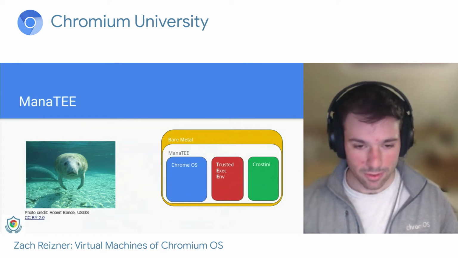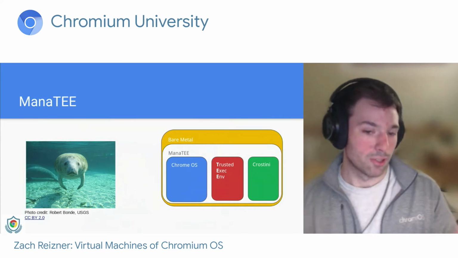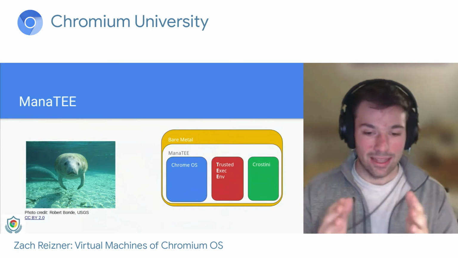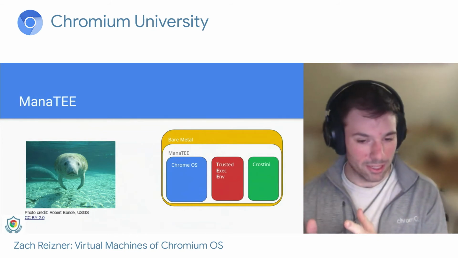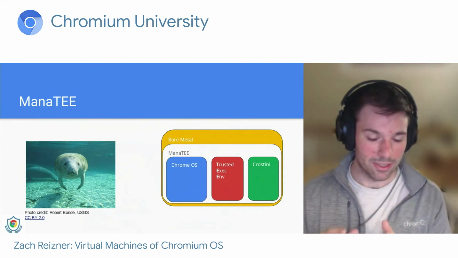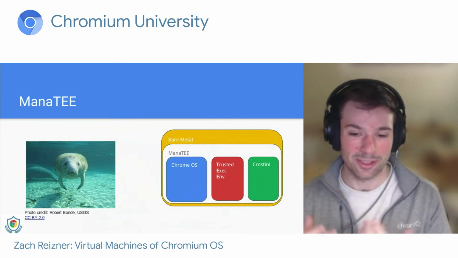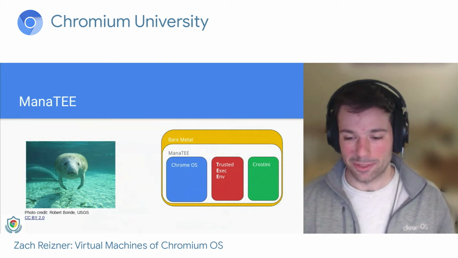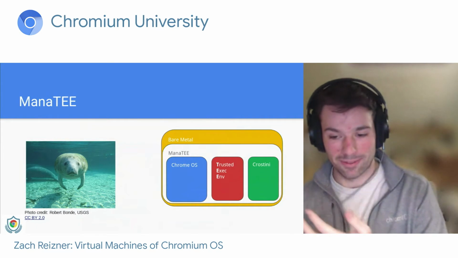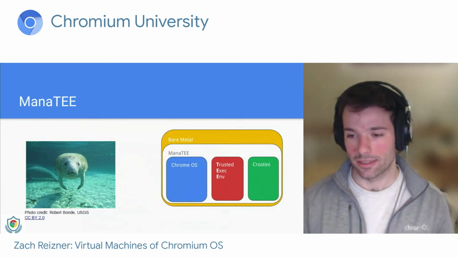I'm demonstrating this here with this diagram. You can see we've got the bare metal, which today Chrome OS just runs on, would now have the Manatee layer that isolates it, as well as the sort of sibling operating system, the trusted execution environment. In this environment, we would also move Crostini out from under Chrome OS, where it is today, as another sibling. This is just to get around the fact that nested virtual machines incur a penalty, and we'd want to basically reparent the virtual machines to avoid that nested penalty. So this is all still implemented using CrossVM again,